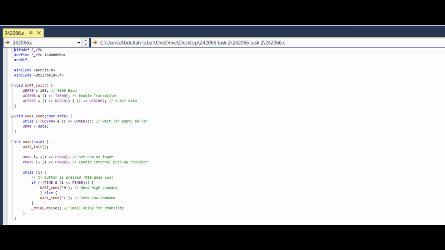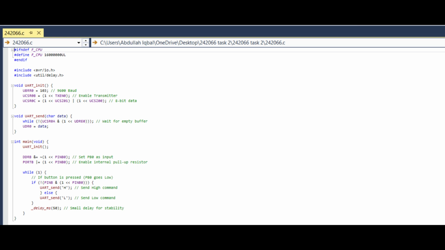Unlike the ATmega 328, which has only one UART port, the ATmega 2560 has four independent UART ports: UART 0, UART 1, UART 2, and UART 3. In our code, we are using UART0, which maps to TX0 pin PE1 for transmitting and RX0 pin PE0 for receiving. They are the same pins used by the Arduino Mega USB to serial chip, which is also why they are